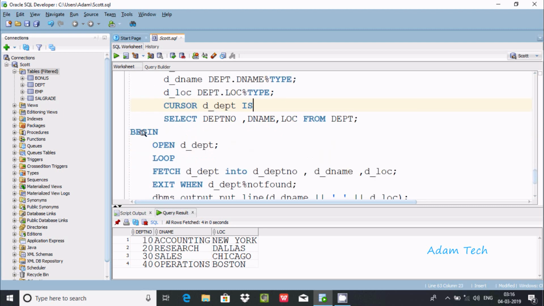First we need to open the cursor, the name of the cursor is d_dept. Hereafter, do the fetch. This will fetch contents from the d_dept cursor. Here, this is the cursor name, d_dept, and then fetch into these three different